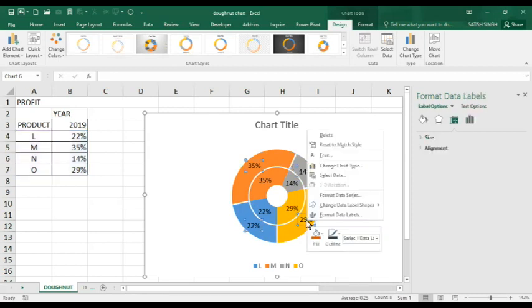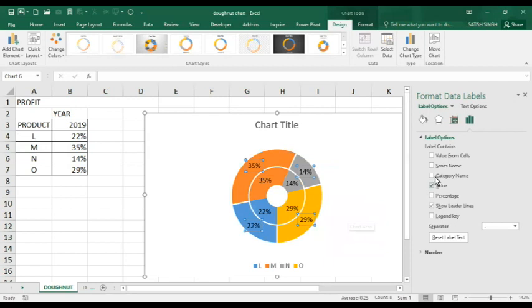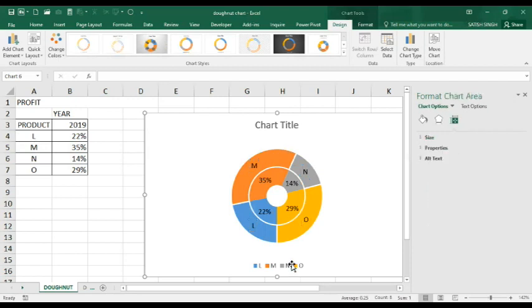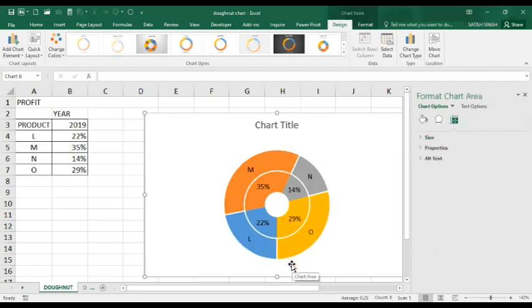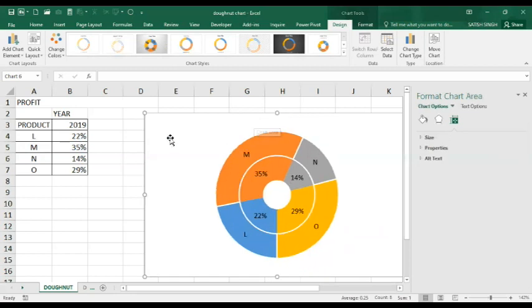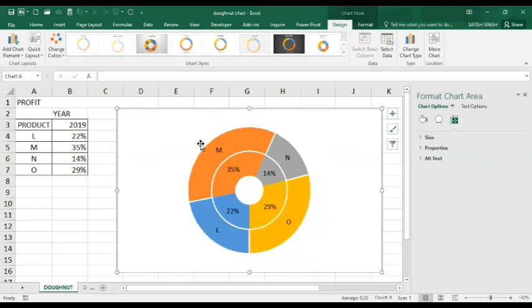What additional can we do? Why have I created the outer layer? The outer layer is created to understand what it is showing. For that, mention the category name and remove the values. Now it is showing better in this order. We can remove these legends because we have applied the labels here. You can remove the chart title, because when we are showing it in some presentation at a particular place, you can take this data, copy paste and show it there.